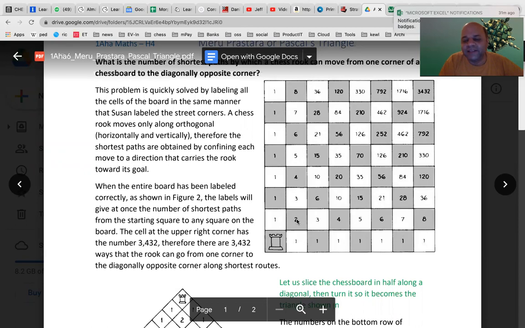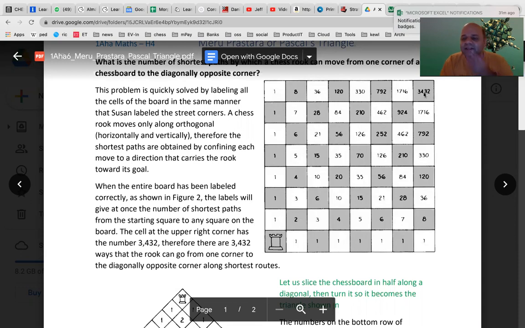Now you will find that these are all additions. There is no multiplication here, right? So how do you get 2? 1 plus 1 is 2. Then 1 plus 2 is 3. 1 plus 3 is 4. 1 plus 4 is 5. Like this you get it. Then how do you get 3? It is 2 plus 1, whereas here it was 1 plus 1, right? So you get 3 here and 4 here, and you keep doing this and you will be able to get the whole grid.